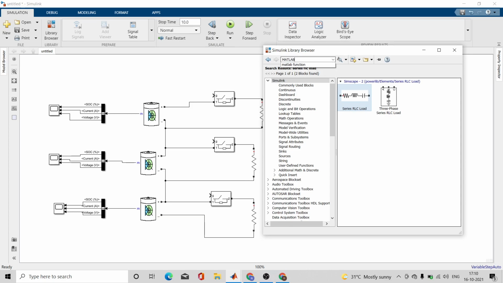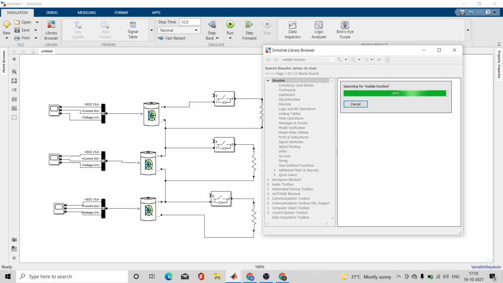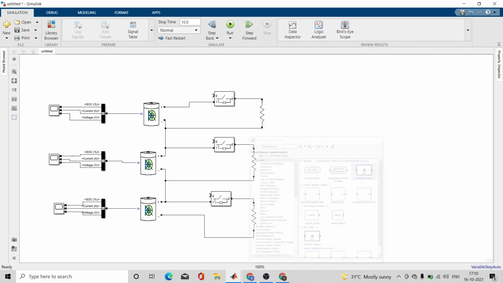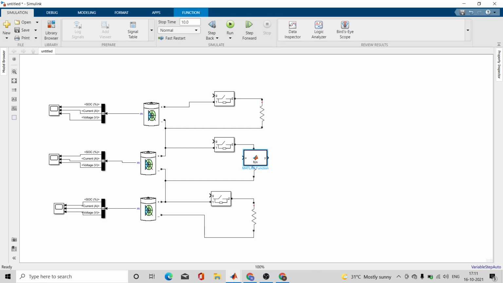MATLAB function. In MATLAB there are two parts. In MATLAB we can do different programming. In Simulink you create the models, right? But in MATLAB there is an option called user defined functions.